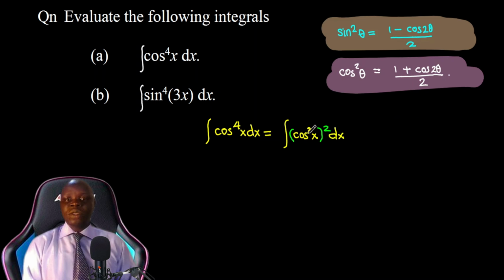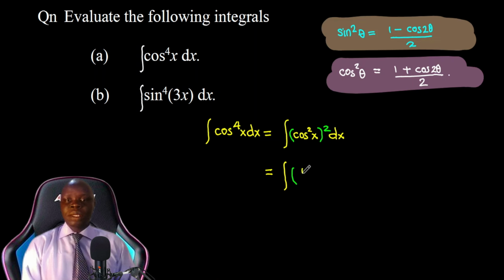Now we know that cos squared theta from our power reduction rule is 1 plus cos twice theta over 2. So let's do that here, and this is equivalent to the integral of, let's maintain our bracket here,